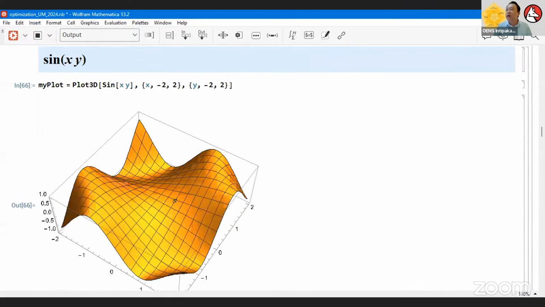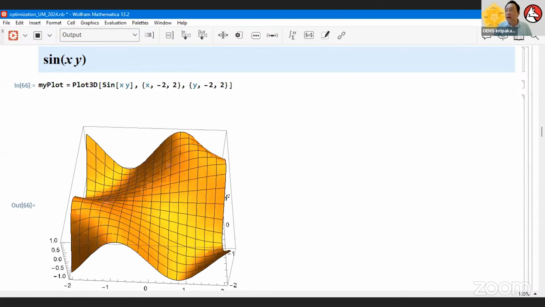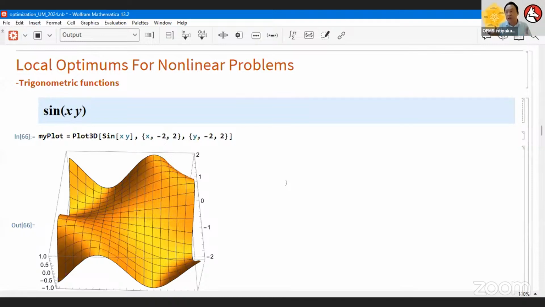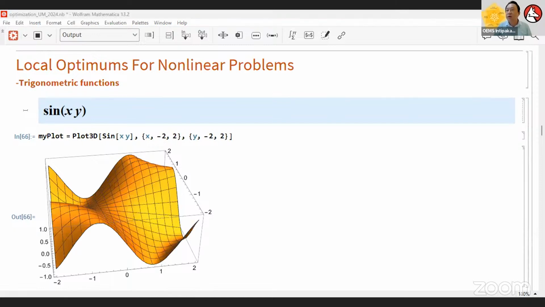Now again, in this case, of course, we can get a global optimum. And if you want to get a local optimum, we have to tell the system where to look, where to start searching. Are we searching from a particular part of the region? This one is the optimum, or we are looking at somewhere here. You have to tell the system where to look. Again, this is how we solve this.